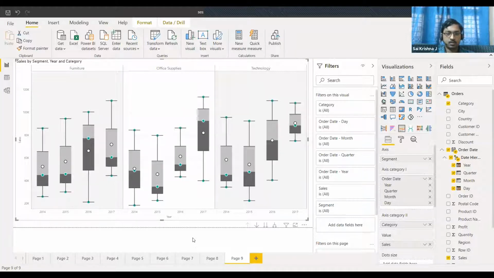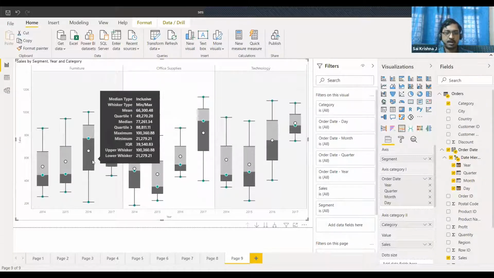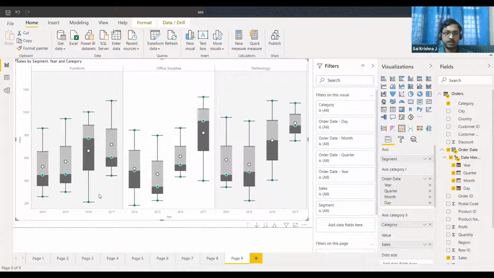Okay, so the box whisker plot, as the name says, has two parts to it. One is called the box and the other is called the whisker. The box is the rectangle that you see on the chart. The lines, one on top of the rectangle and the other below the rectangle, are called the whiskers. When I say distribution of a particular variable, it typically means the minimum value, the maximum value, and the percentile values.